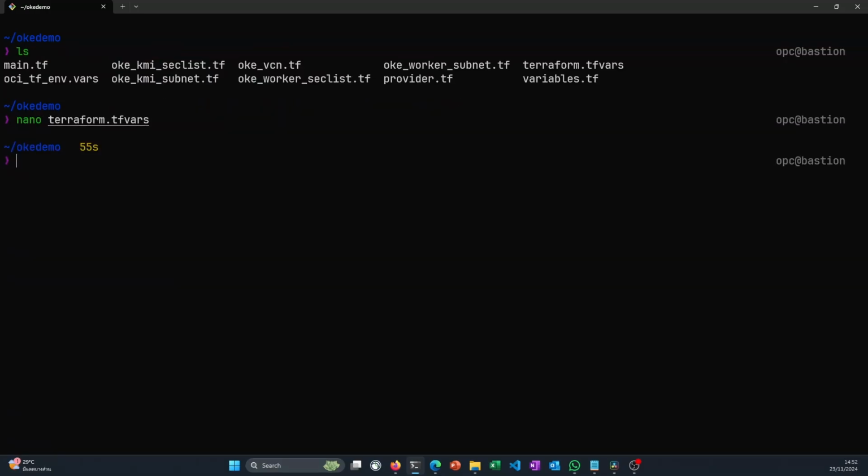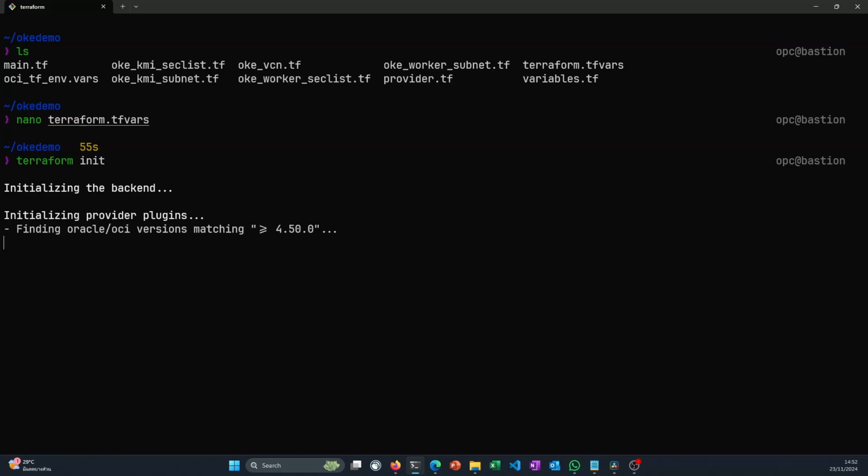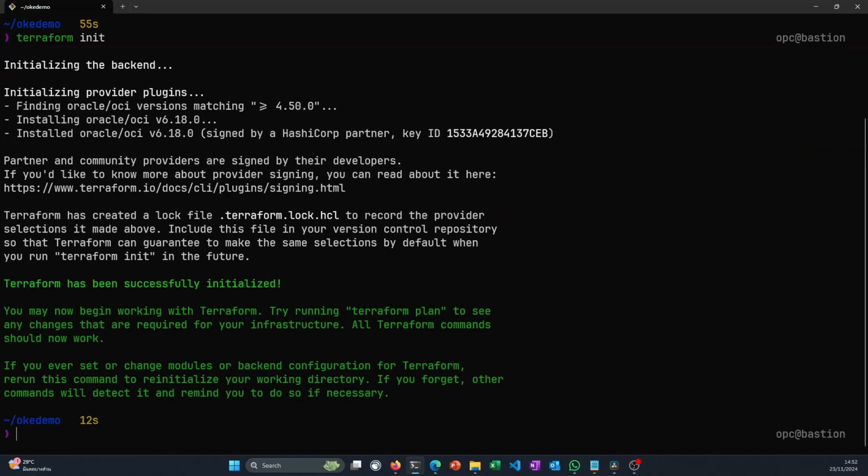Okay, to use Terraform the first time, you need to run terraform init. Terraform will check all the providers that it needs, and in this case it needs the OCI provider, so it just downloads it from the net and installs it into this folder. After that, you can run